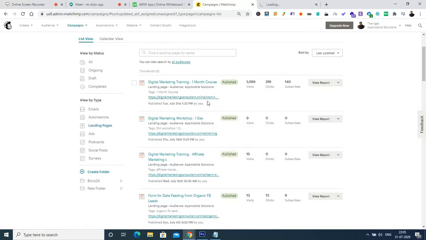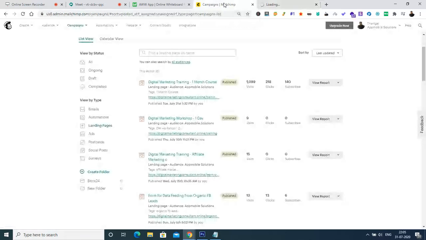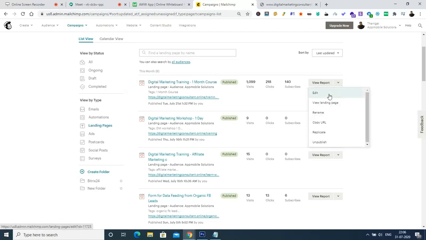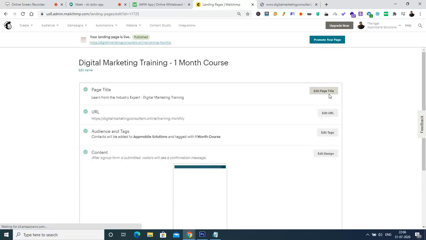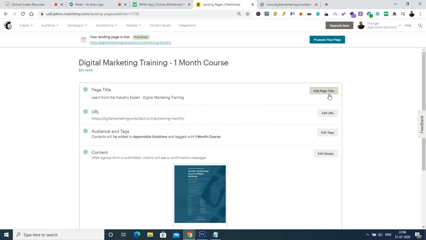So if we look closer into this particular landing page, let the landing page load, and let us see how it has been created. We have the option to edit this landing page so that we can see how it has been created and how it looks. Landing page creation is similar to how we send an email, but instead of asking for the sending ID, senders, and so on,